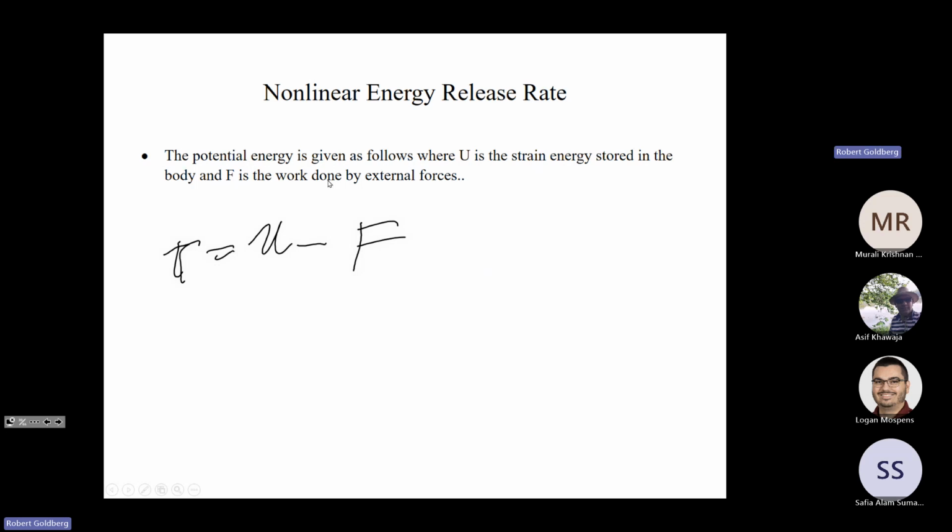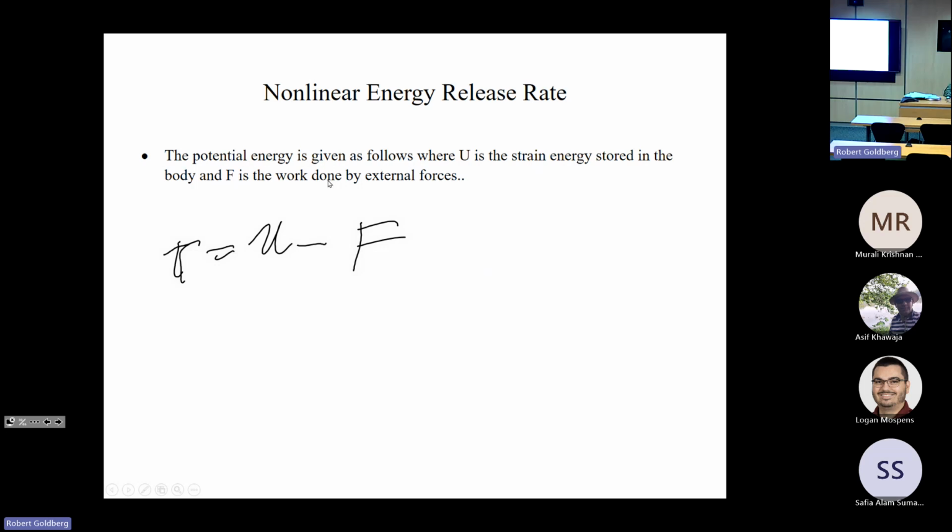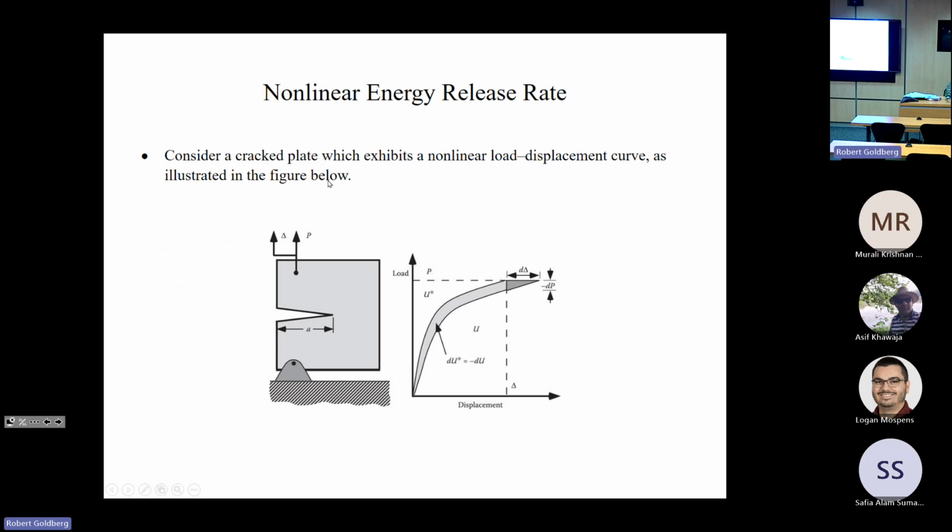This is identical to what we talked about before. So we're going to look again at our crack plate with exhibits a nonlinear load displacement curve. We looked at this configuration before, which allows us to do load control and displacement controlled loading to the plate. And this is a figure we did before, only now instead of a linear load displacement curve, we're now accounting for